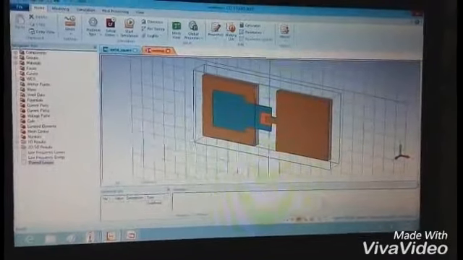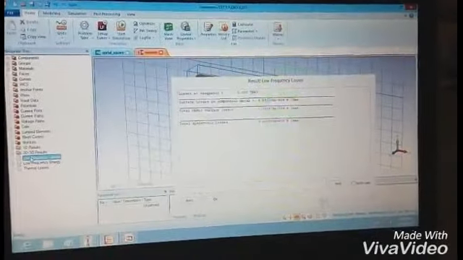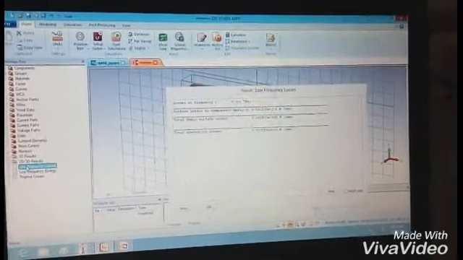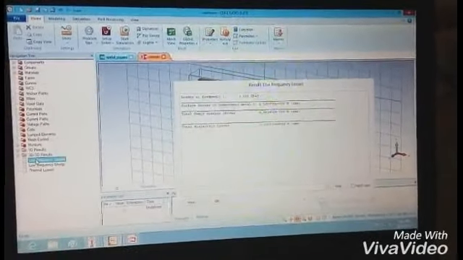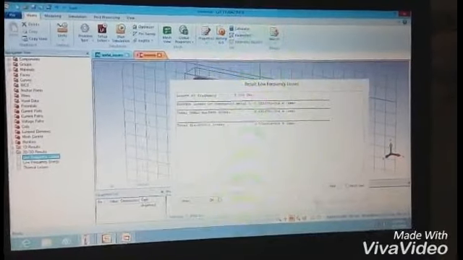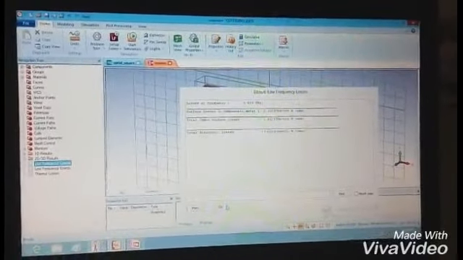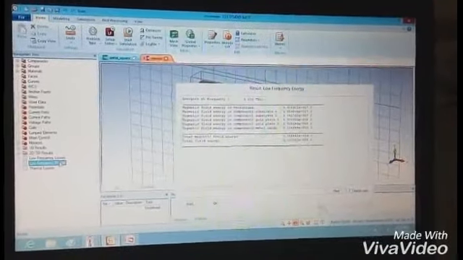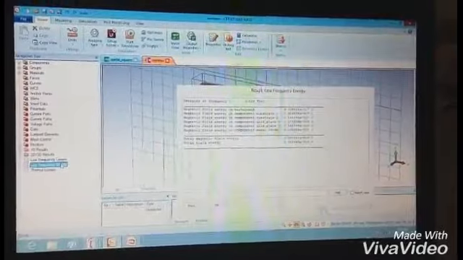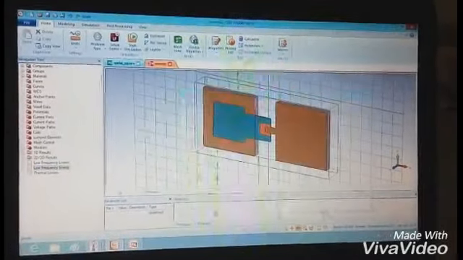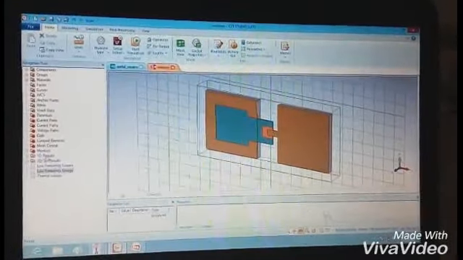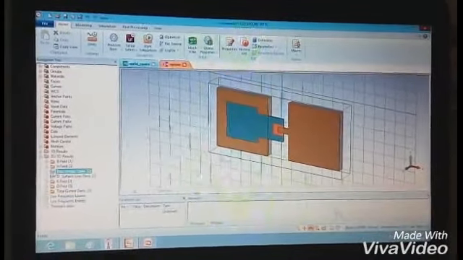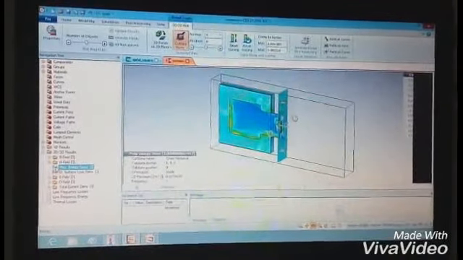Then we can see the low frequency losses that can be obtained. The low frequency losses are surface losses, ohmic losses, and total dielectric losses. Everything is negligible because it is in the order of 10 to the power minus 6 watts. Then the amount of low frequency energy that is being generated is around 1.8 joules. These are the outputs of the diode, and the magnetic field energy generated by the MIM diode can be seen in